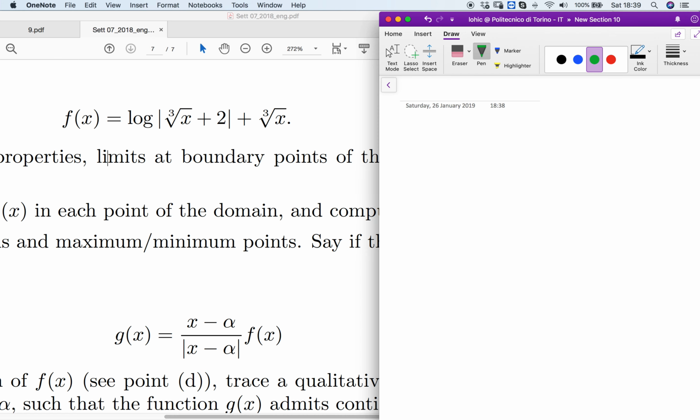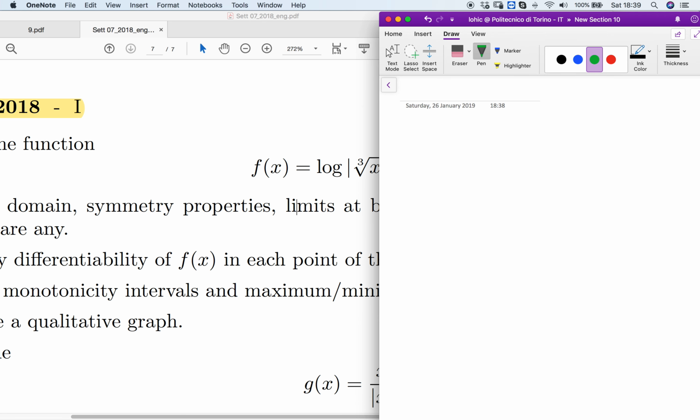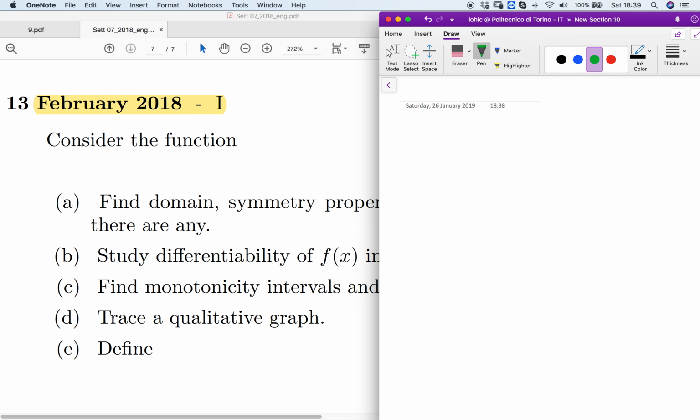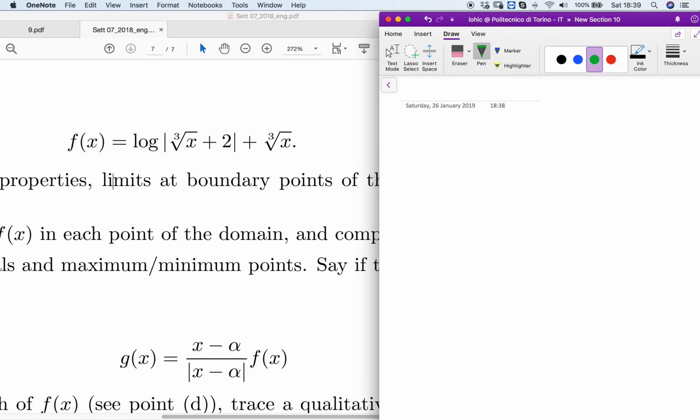Okay guys, so we studied the following function. It has been given to us, the function of the exam of February 2018. Okay, so let's consider f of x equal to